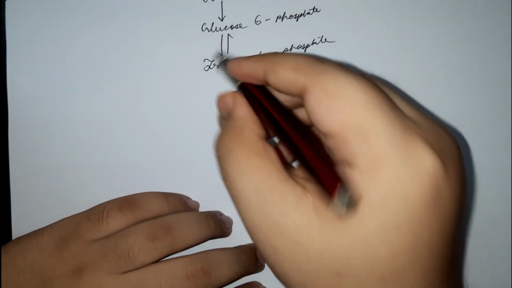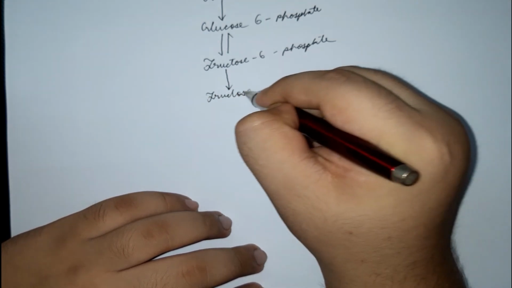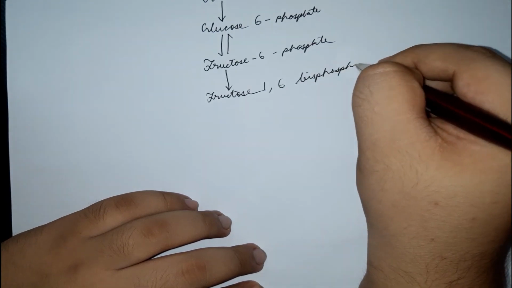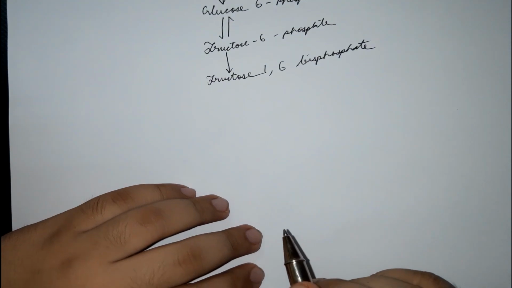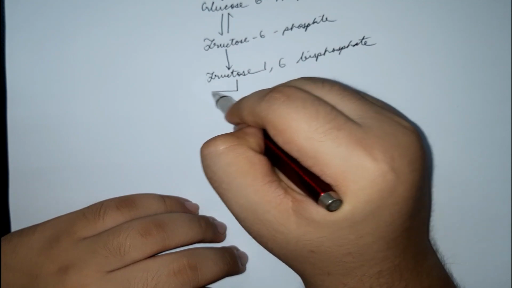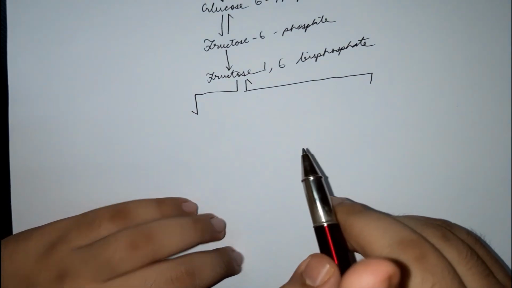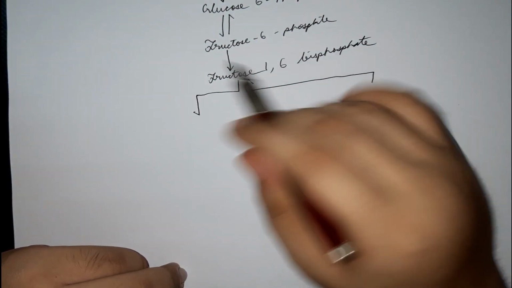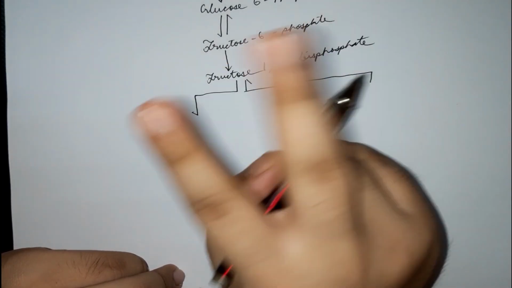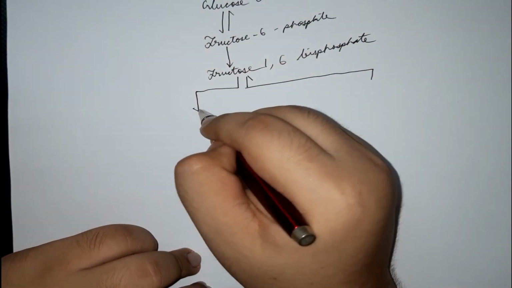Okay, done. Fructose 6-phosphate is in turn converted into fructose 1,6-bisphosphate. That too done. Okay, fructose 1,6-bisphosphate is split into two compounds. Very important, this is where the splitting takes place. Up to now the compounds were 6 carbon. Now they split into 3 carbon compounds. What are they? Fructose 1,6-bisphosphate will break down into